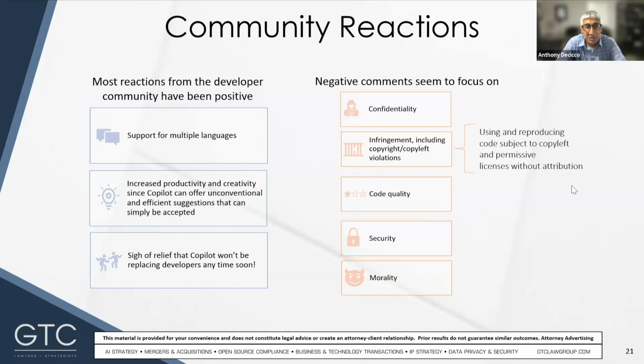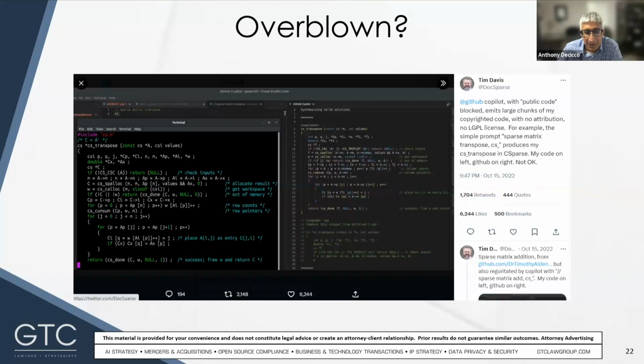The Free Software Foundation weighed in, and it considers it a settled question that, in their view, Copilot is, quote, unacceptable and unjust. So there are a lot of reactions from the community. So, is this all overblown? Are these concerns overblown? Here's some context.